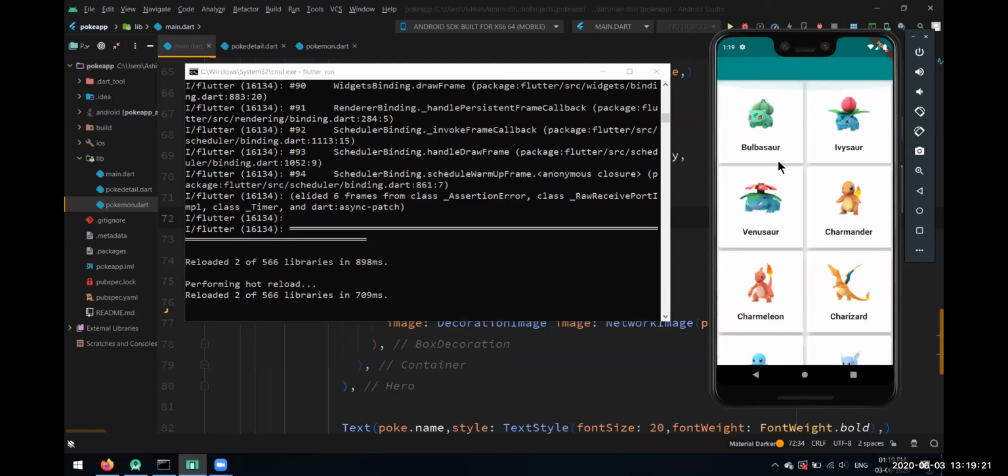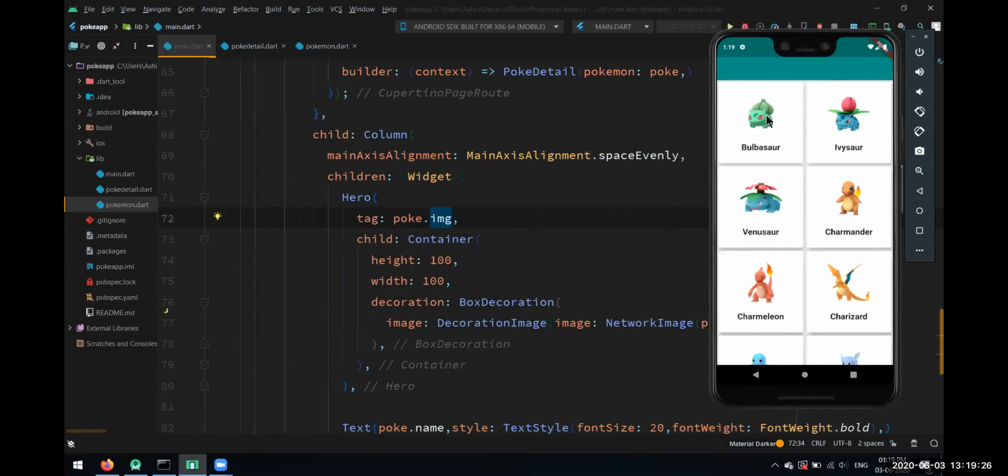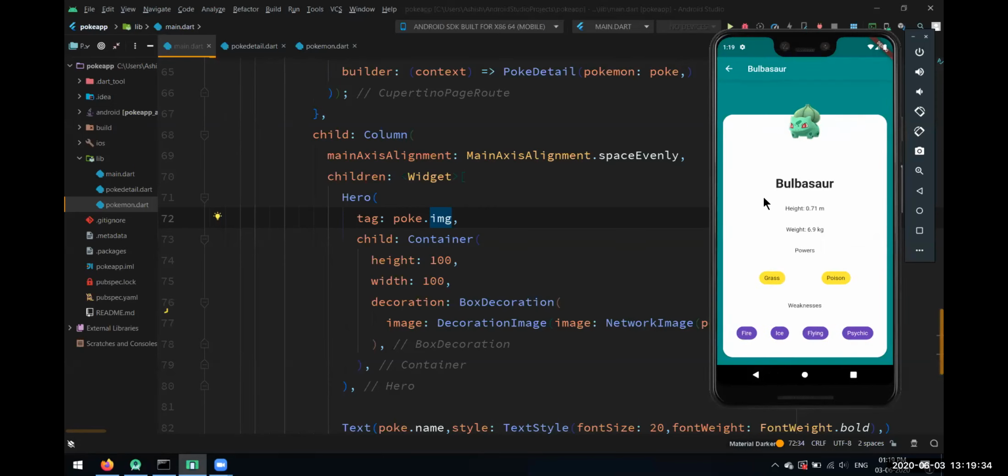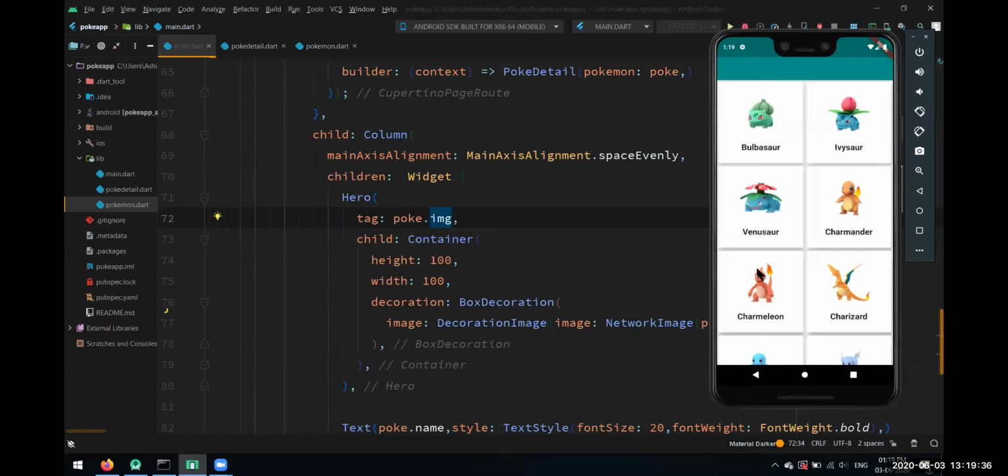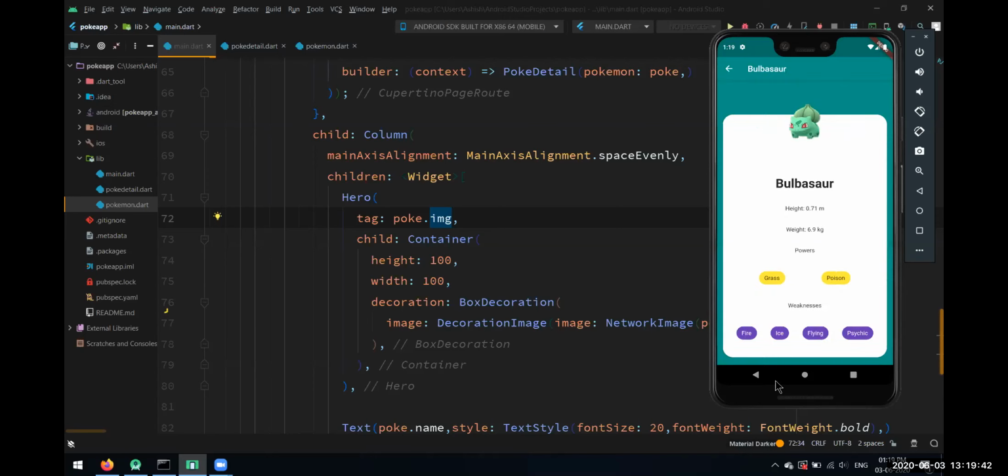Let's just go up and see what we are getting. Notice everyone, we are getting this little piece of animation over here whenever we are transitioning. The image of that Pokemon is getting animated whenever we are transitioning between two pages.